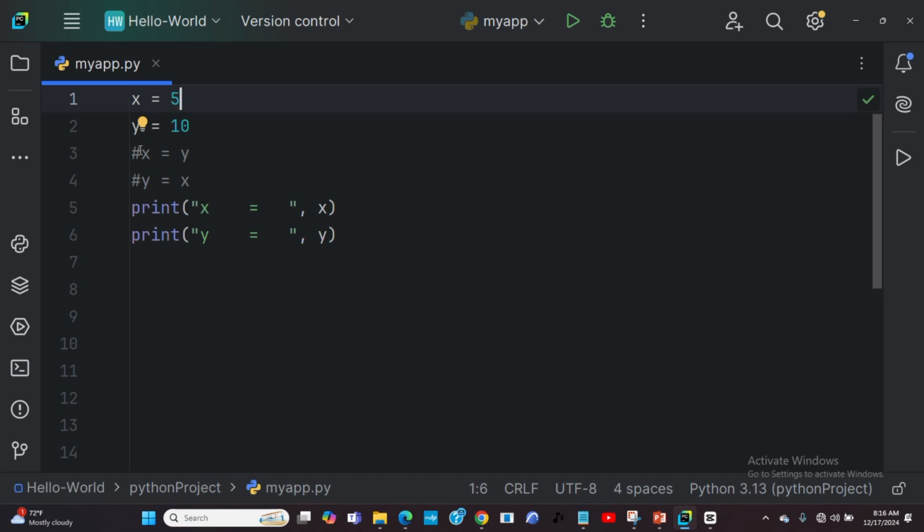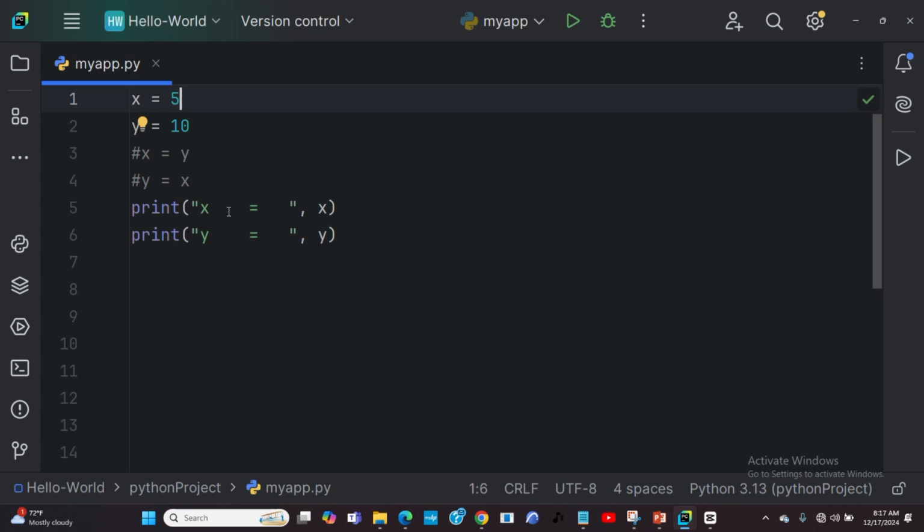Now ignore this. When we want to comment a single line, we use the hash. We use a symbol to be able to comment a single line, the hash. So now what happens if I print x? I don't just want to say print x. If I say print x, it's just going to give me 5, and print y is just going to give me 10. But now I want to make it more readable, saying print x, well, whatever is in double quotes,